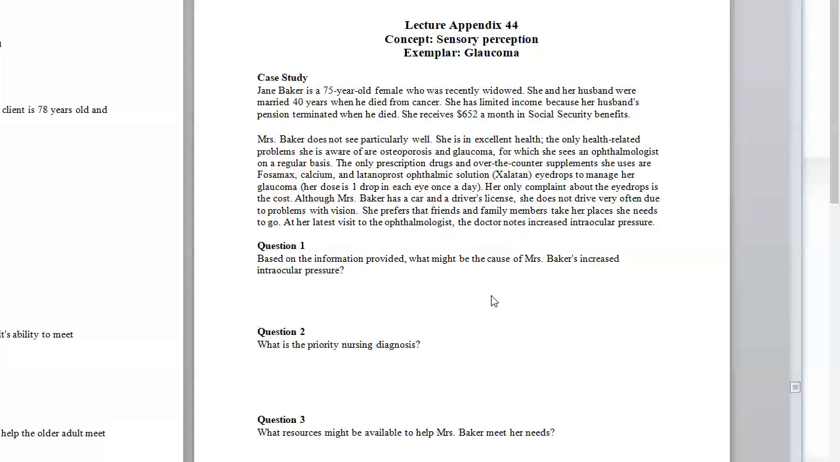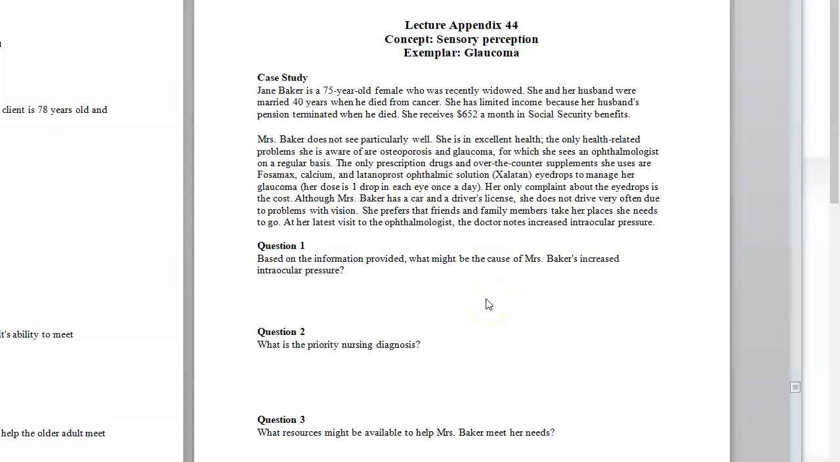Her glaucoma could be progressing. Maybe she ran out of the eye drops and she's not taking them because of the cost. I do want to tell you that I did research this medication. It is very expensive. It's about $200 a month. So as you can see, with her only getting $652 a month, it doesn't leave her much to pay her other bills or